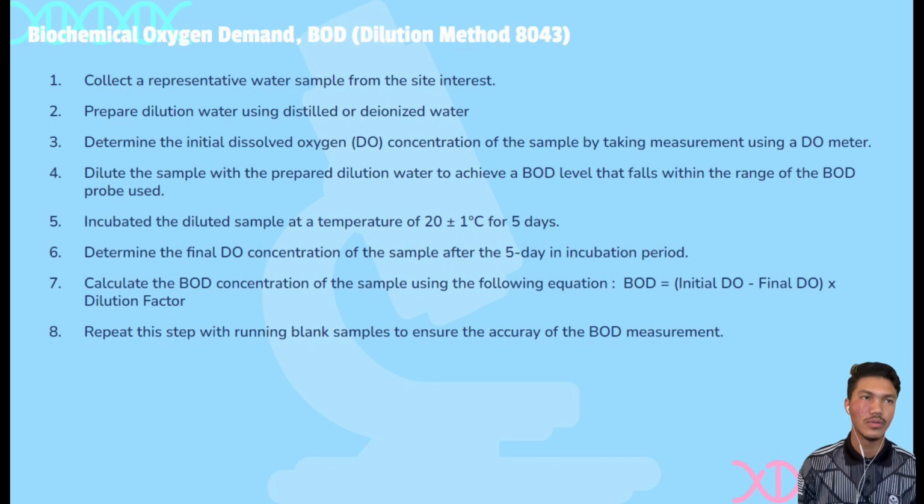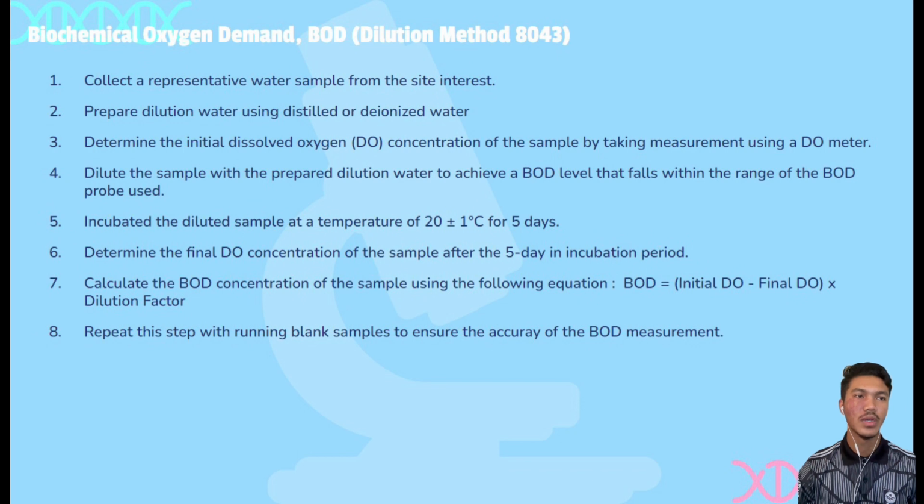Assalamualaikum warahmatullahi wabarakatuh. I will explain about the methodology of the BOD test and COD test. For the BOD test, first we collect a representative water sample from the site of interest. Then we prepare dilution water using distilled or deionized water. After that, determine the initial dissolved oxygen (DO) concentration of the sample by taking a measurement using a DO meter. Dilute the water with the prepared dilution water to achieve a BOD level that falls within the range of the